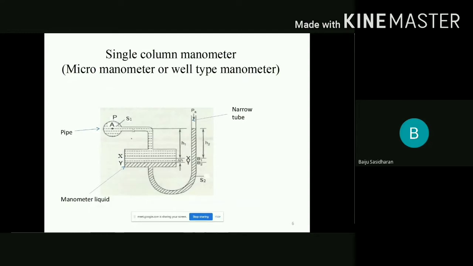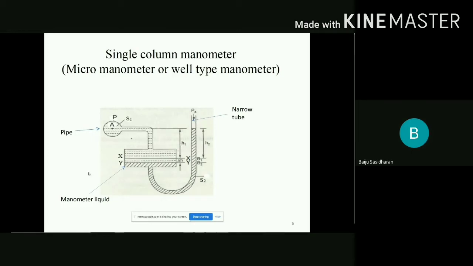Now when it is connected to the pipe, obviously the pressure inside the pipe is more than in the reservoir. According to that, the level of the manometric liquid in the reservoir will get reduced. Say the height of reduction will be delta h. Since it is a large reservoir with a large diameter, there will be only a small depression. But in the case of the right limb, a large deflection will come, because its area is comparatively very small compared to that of the large reservoir.